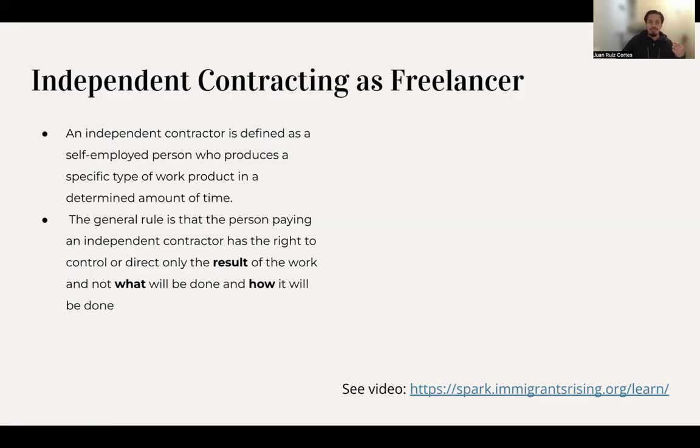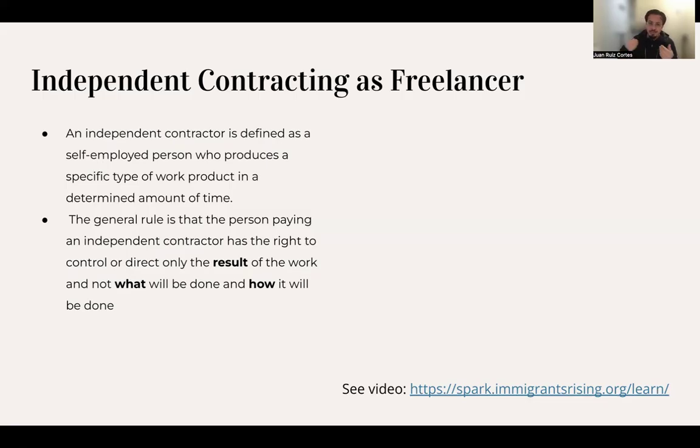So, for example, let's say you engage in a contract to create a website for someone. They don't have a say in where you work, how you develop the website, or what steps you take to produce it. The only thing they can control in your project is whether they pay you or not. Did you deliver what you said you would deliver when you agreed to create this website? So where you work, what time you work, how long it takes you, that's totally up to you,